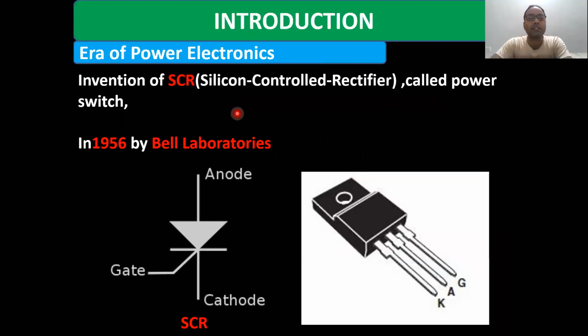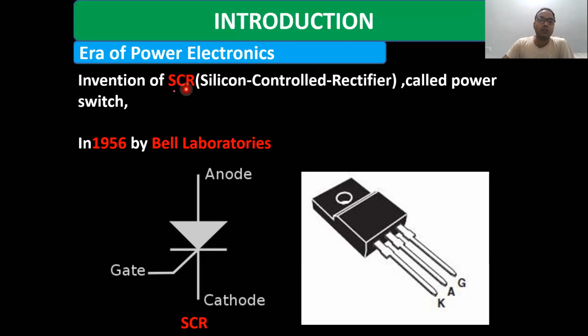The era of the power electronics engineering branch started in 1956 through an invention in the Bell Laboratory, and this is the SCR, which means silicon controlled rectifier. Again, I repeat, it was invented in Bell Laboratory. This is one type of electronic switch like a diode, but a diode is completely uncontrolled. It works either as an on switch or an off switch. We cannot control the on time and off time using the power diode, but it is a power switch, right?